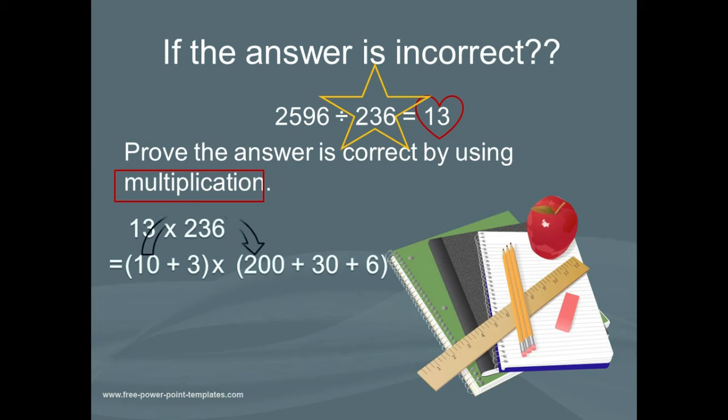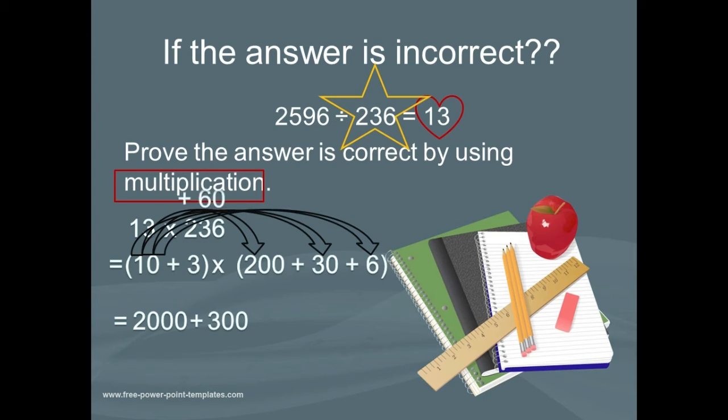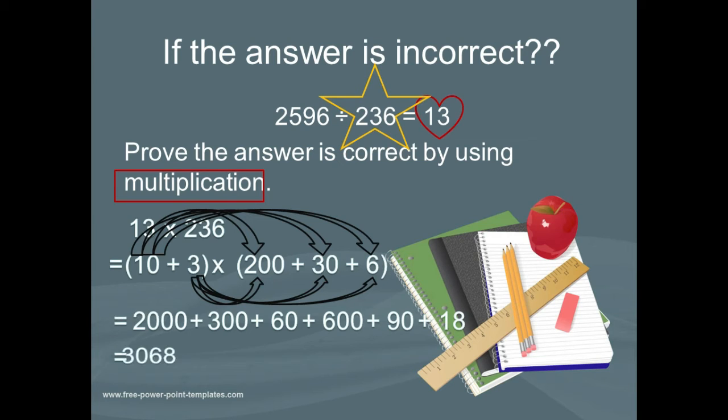So 10 times 200 will give me an answer of 2000. 10 times 30 will give me 300, and 10 times 6 is 60. Then I'm going to say 3 times 200 will give me 600. 3 times 30 is 90, and 3 times 6 is 18. So when I count this together, I will see that my answer is 3068. Now that is not the same as my